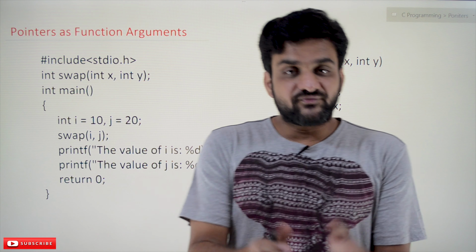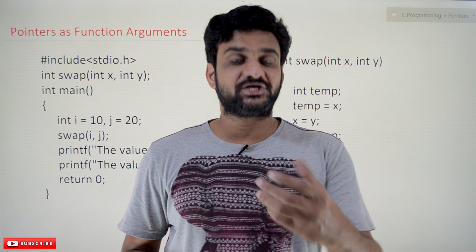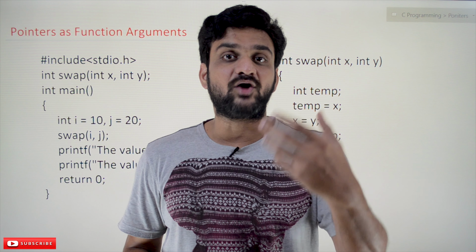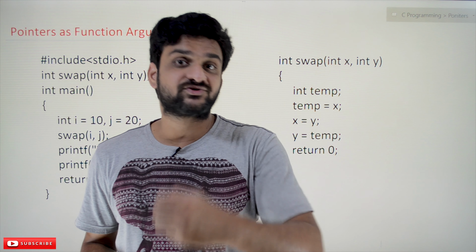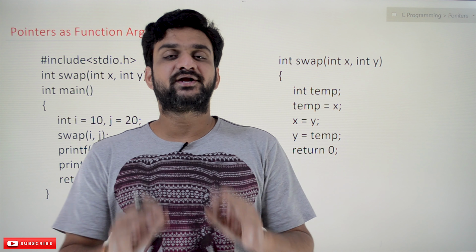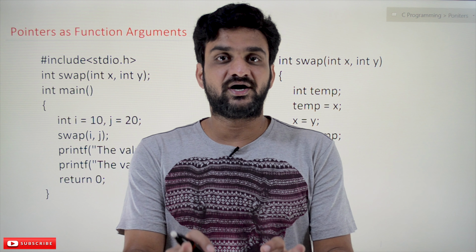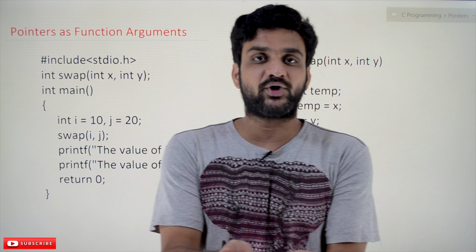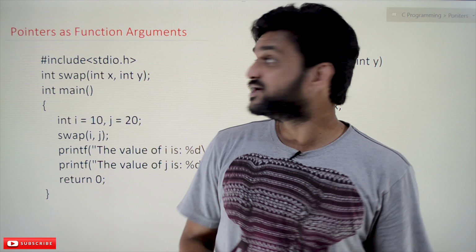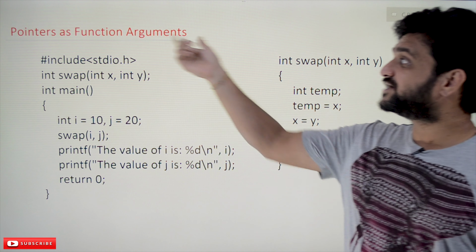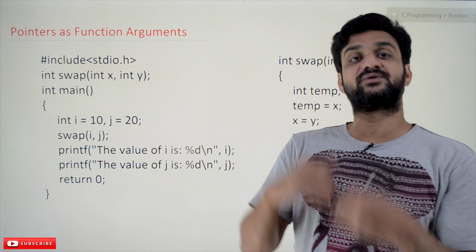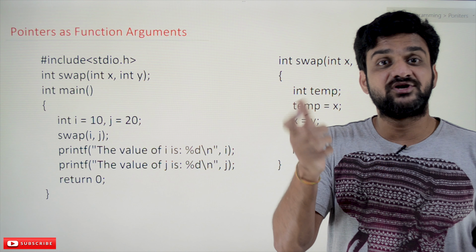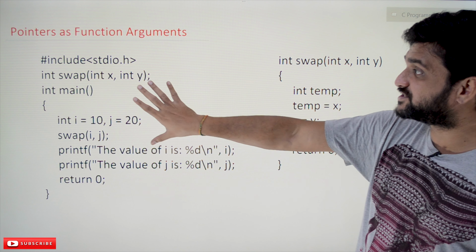Now, so far we have seen what is meant by a pointer and a pointer variable, and how those pointer variables can be declared and initialized. All these concepts have been covered, but we haven't discussed what the use of a pointer is. There are lots of uses of pointers, and one among them is using pointers as function arguments. We will try to understand how we benefit from this by using this example.